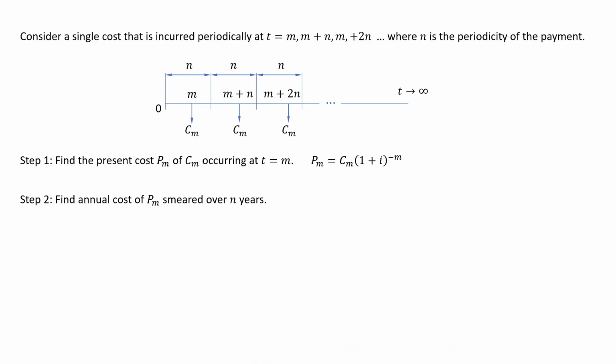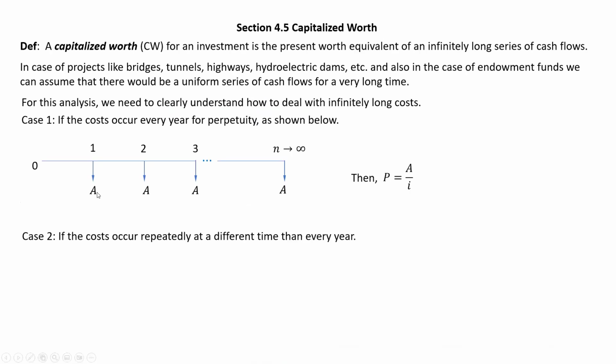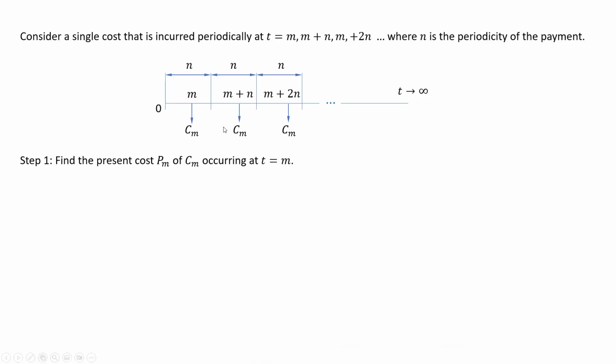If we do that, we will get some uniform payments here from 0 through 1 through n, and another set of uniform payments from n plus 1 to n plus 2 all the way up to this m plus n. You keep repeating the process and you have uniform payments every year all the way from 1 through infinity. That's the idea. In other words, we are converting what we see here to what we saw earlier. Let me go back to that thing. What we saw here. So now this is some payment every year occurring for n years as n approaches infinity. And that's what we are converting this cash flow into by doing this step one and then smear it